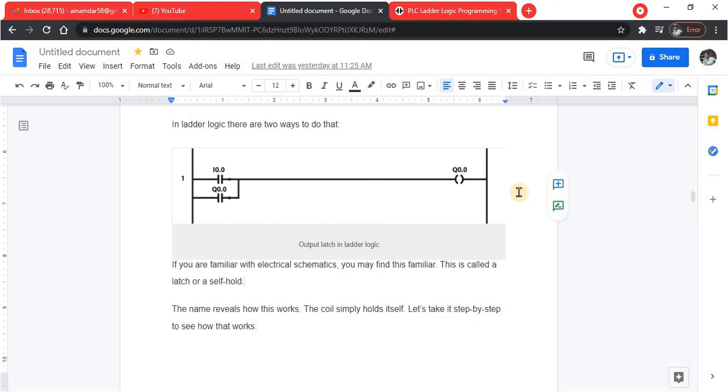Since this is a momentary push button, it will not be active for a long time. Depending upon how long the PLC takes to execute the program, the button might be deactivated the second, third or fourth time. So let's jump forward to the first scan cycle where the button is no longer pressed.